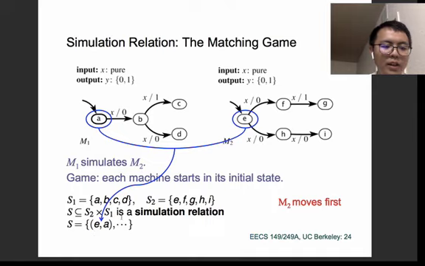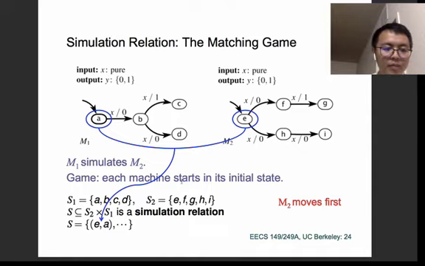If the following case occurs, we check if M1 simulates M2. The ordering of the pairs matters, which means the EA and AE is totally different,